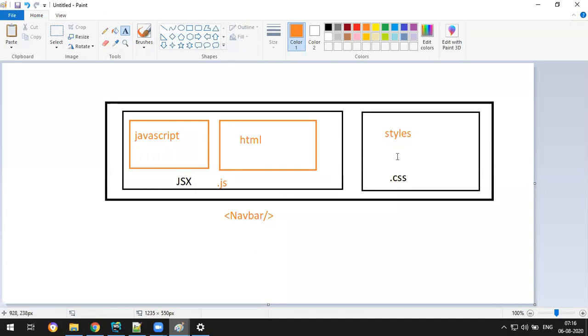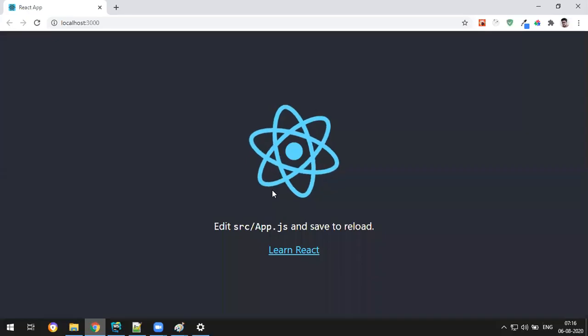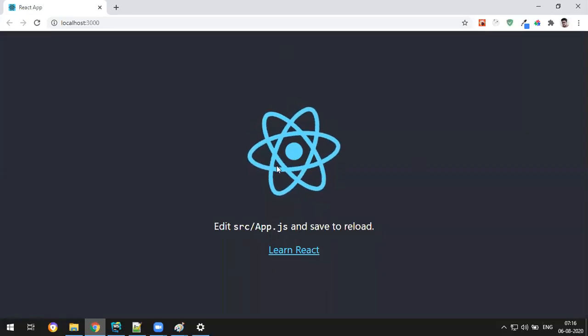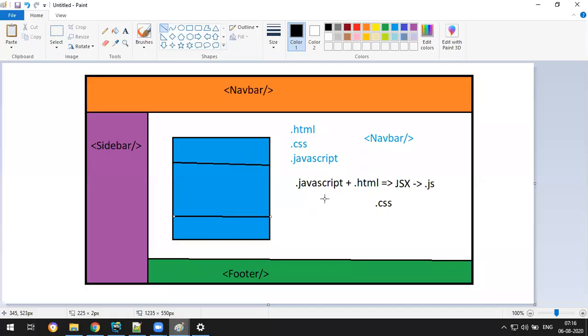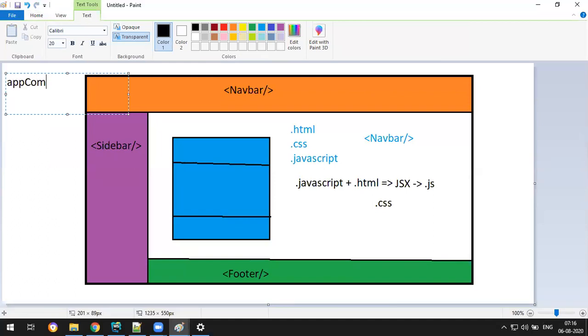And why I'm telling all this story is, you know what? This whole thing is one component. Moreover, for the whole application, this navbar, sidebar, this footer, and all this will be the child components of the root component, which is called the app component.